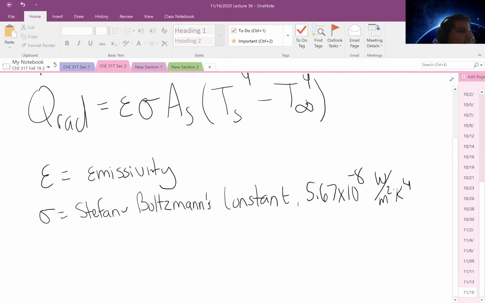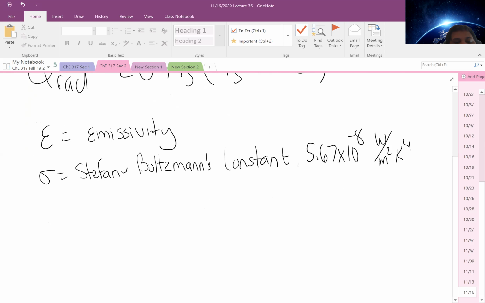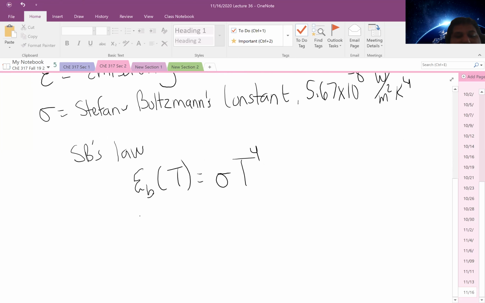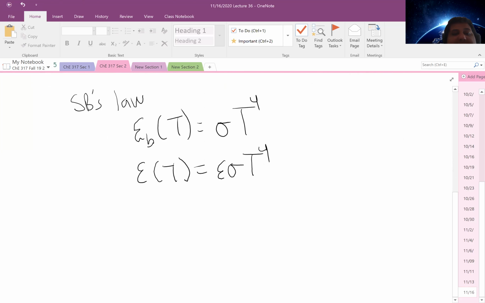We looked at some discussion on the emergence and development of this as it comes from Stefan-Boltzmann's law, where our blackbody radiation or emissive power, E_b, is quantified as sigma times T to the fourth. Or for a non-blackbody, E, we calculate it as epsilon sigma times T to the fourth. Then from there, we discussed